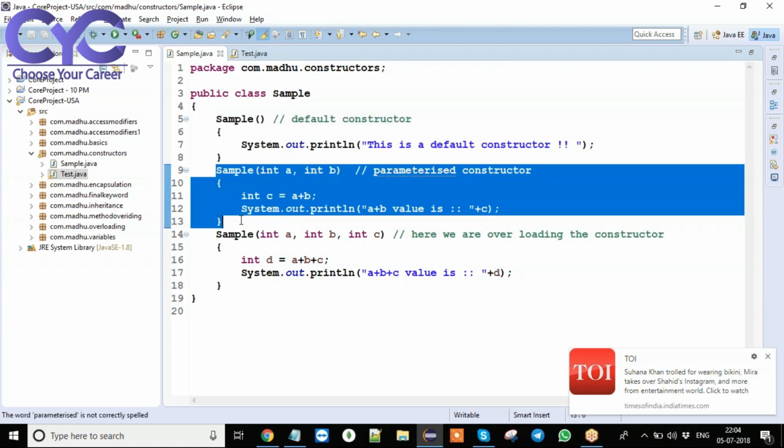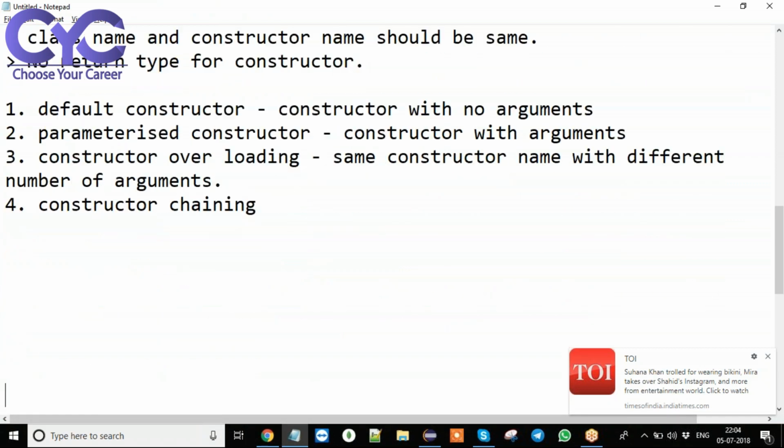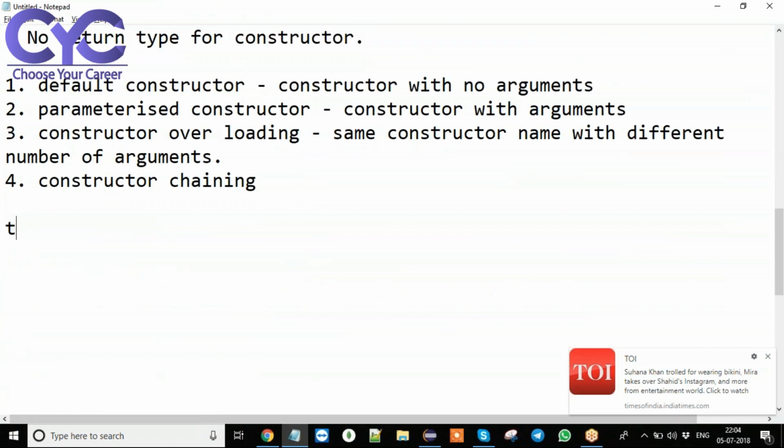In Java we have a predefined method called this. Don't get confused here, we have the this keyword and the this method in Java. The this keyword is separate and the this method is separate. The this keyword is used for calling current class reference data. The usage of the this method is that it is used for calling one constructor into another constructor. What is the difference between this keyword and this method?